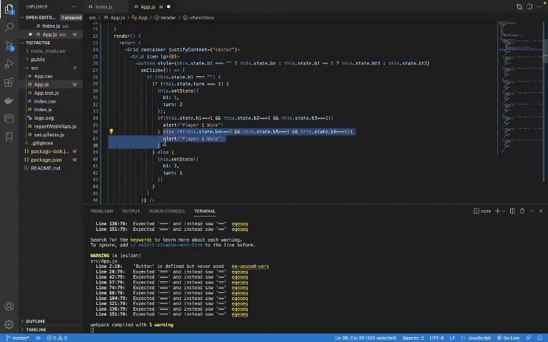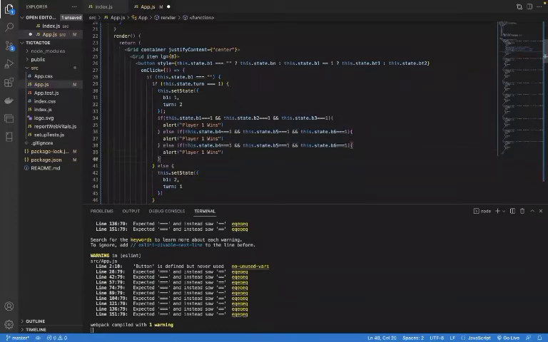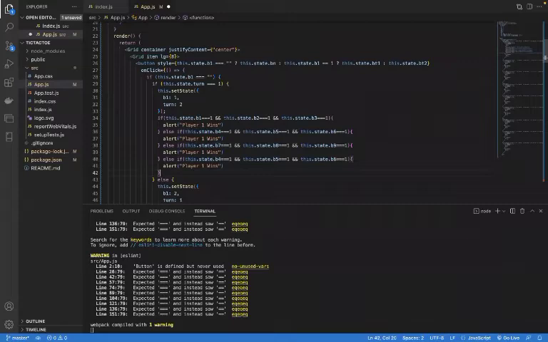Again, we'll go for the other condition as well. Else if B7, B8 and B9. This will be one condition, else